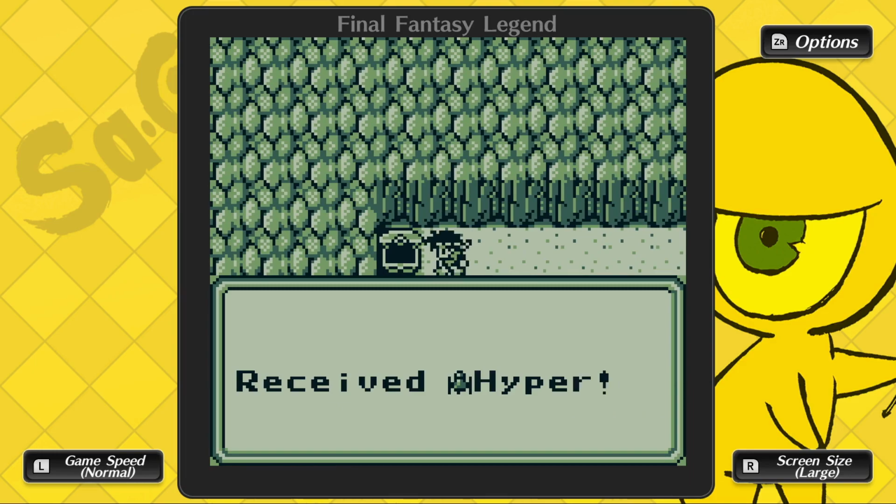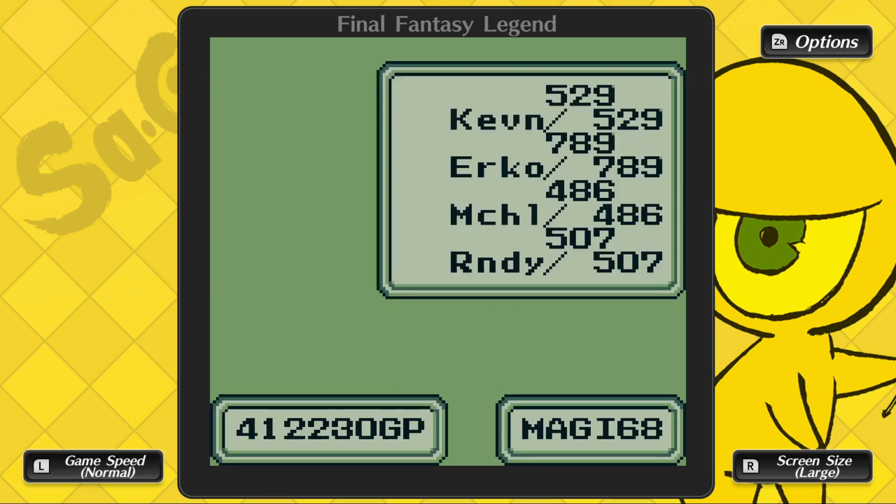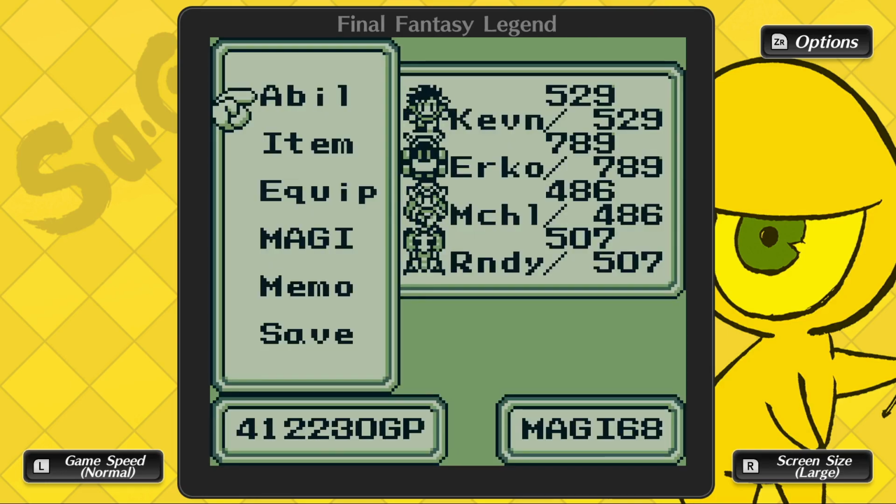And Hyper. Okay. So this is a serious thing. Hyper will erase enemies. Like, it doesn't do damage to them, it just erases them. However,